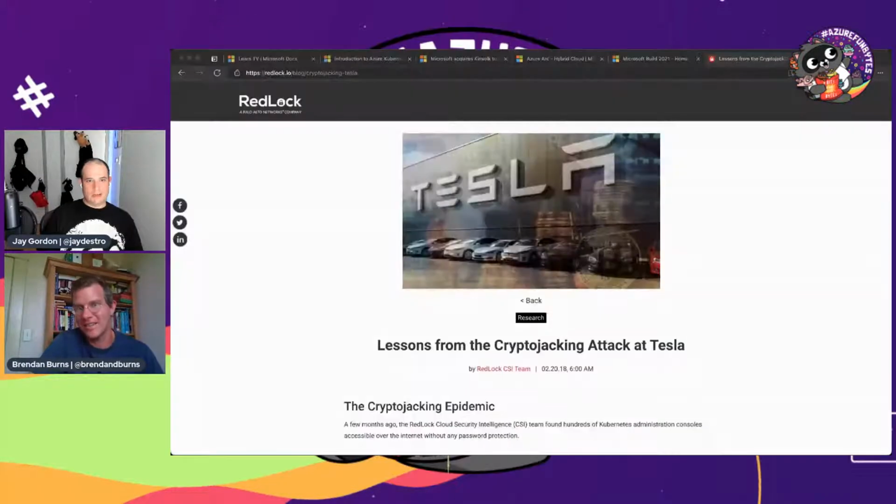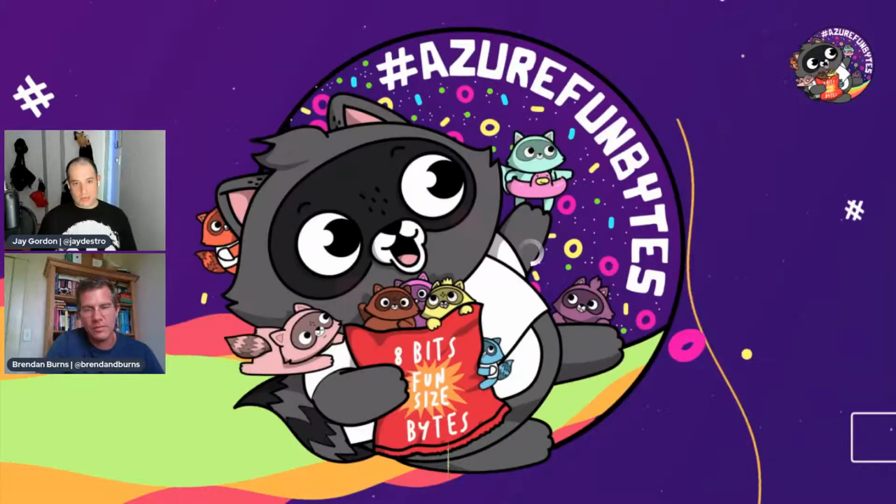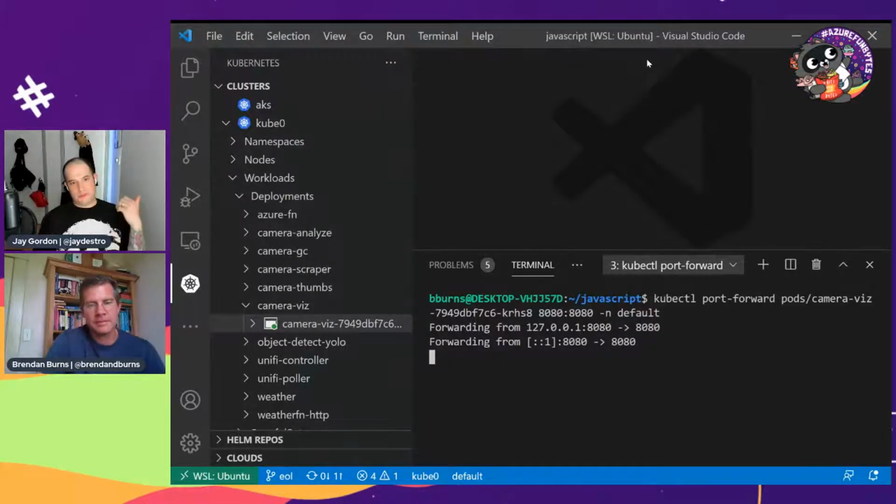Right. I like to think about this. This is like a huge story, the cryptojacking over at Tesla and what happened there. The idea that the basic security that we assume would happen, whether it's port forwarding, whether it's putting some sort of authentication in front, people don't always remember these things. And so the fact that there are tools that are actually there helping you before that problem happens is really useful.